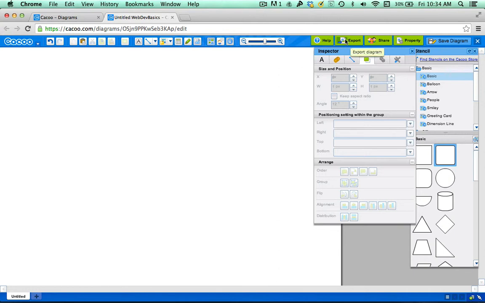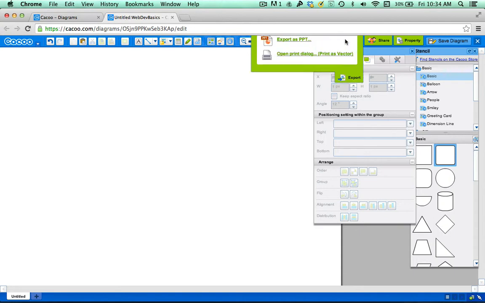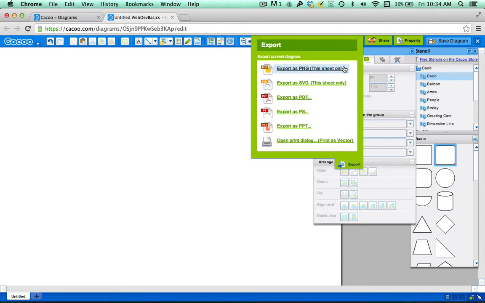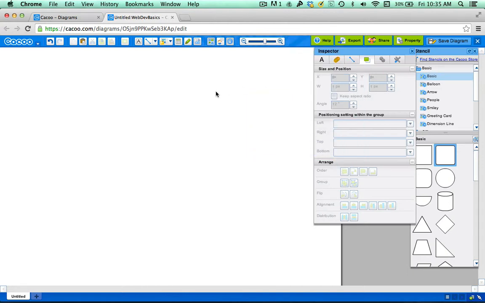And then the last thing that we're going to look at, or we're going to use, is export. At the end of this, we're just going to export this as a PNG file. That's an image, and it allows you to share what you've created, so that if you're ever working with a developer or a designer to try to get some feedback, it's useful